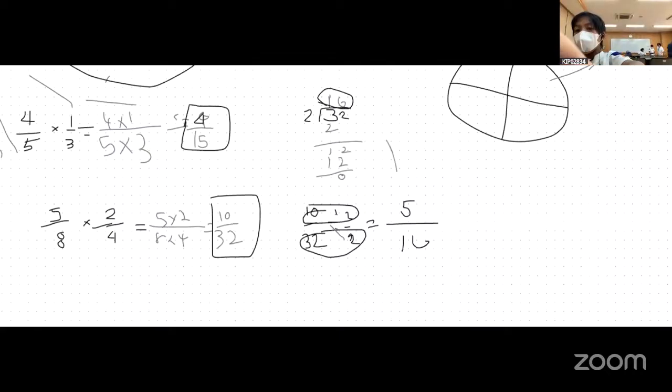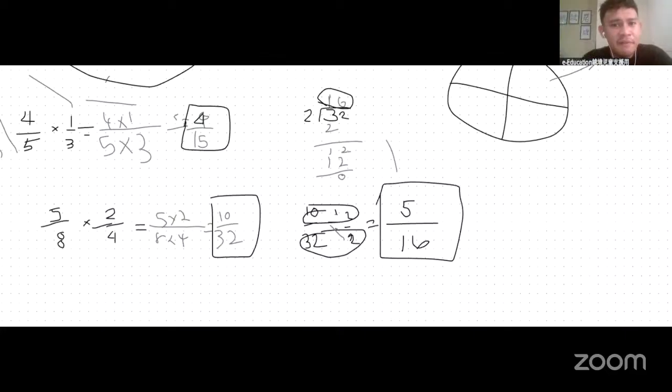Is this the lowest term? Can we divide it further? What number could we divide? Can we divide it by 2? 5 and 2? I don't think we can divide by 2. How about 3? No. 5 divided by 3 is not a whole number. How about 4? 5 divided by 4 is not a whole number either. But we can divide 16 though. 16 divided by 4 is 4. But we cannot divide 5 by 4